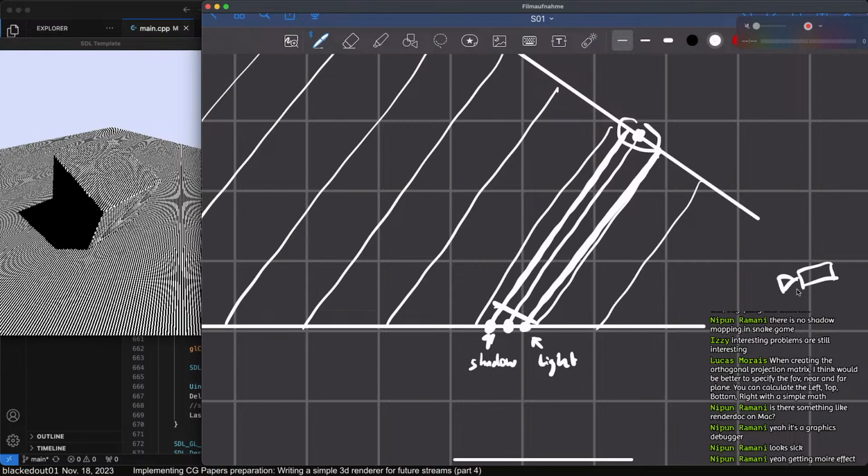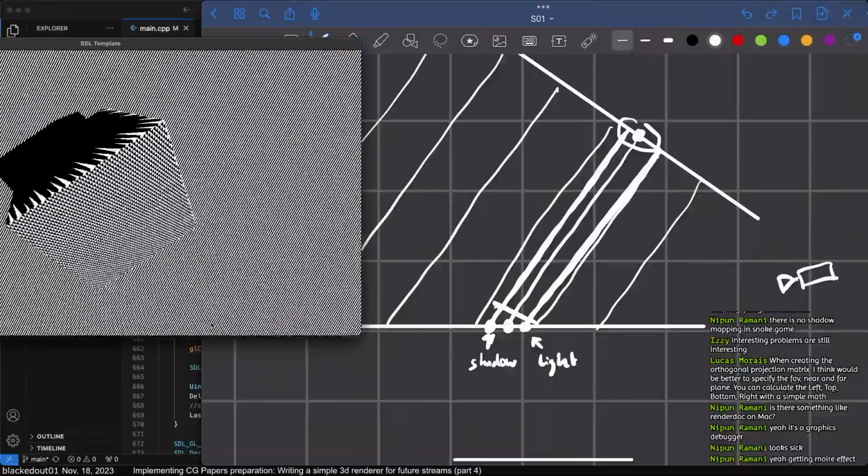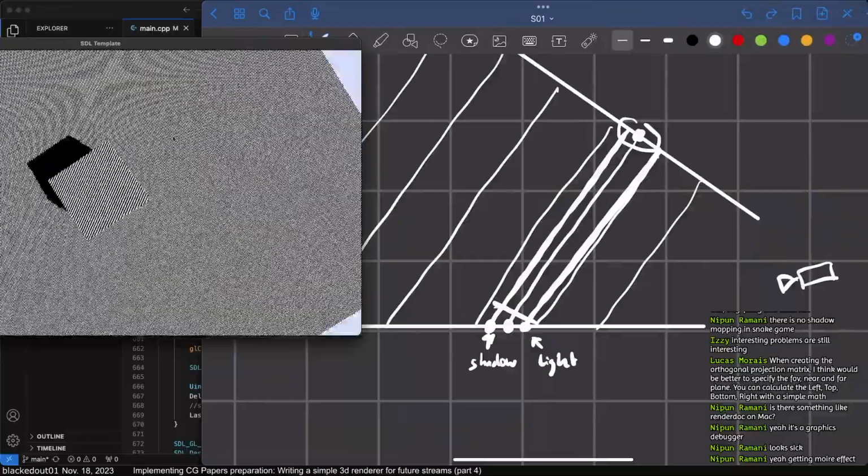If the resolution of our actual point of view is way higher than the resolution of the depth map, then we have, for example, a pixel here, and a pixel here, and this pixel here has a greater depth than the stored pixel, even though it is in the same light texel. And this is why this is in shadow. However, on the other side, this has a shorter depth, and it's in light. So this is why we can see, if we look at this, we can always see